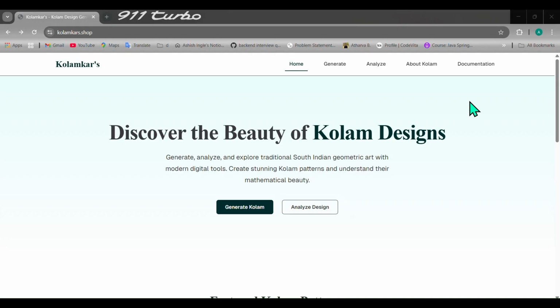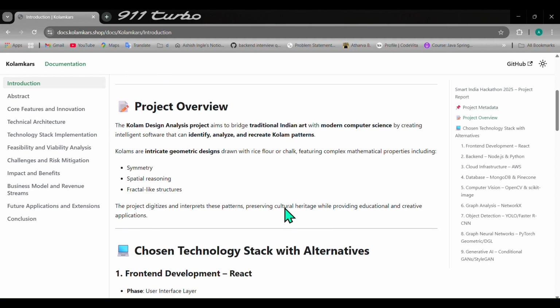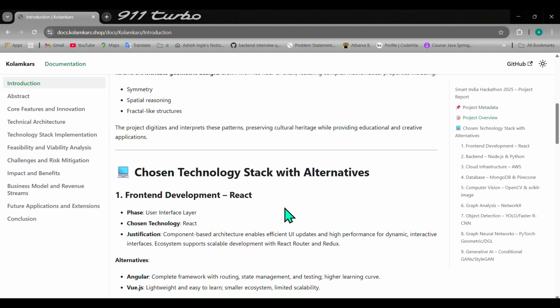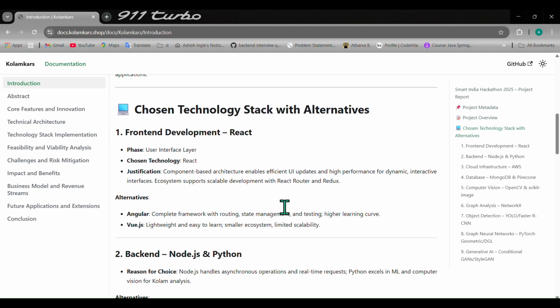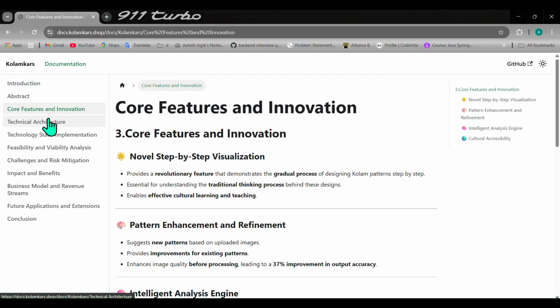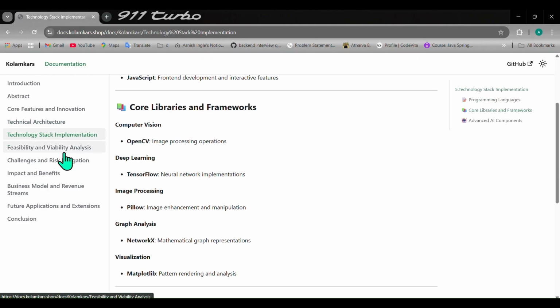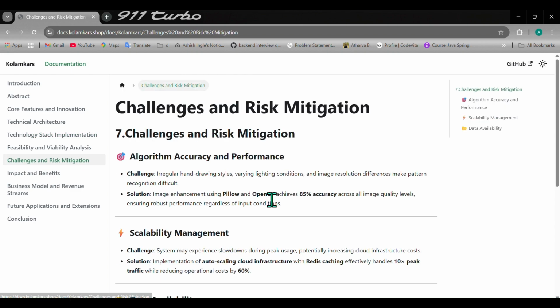Let us look at the documentation. This is the complete overview of our solution, and the complete project is documented here with introduction, abstract, why the particular tech stack we have chosen and its alternatives. We also have core features, technical architecture, tech stack implementation, feasibility and viability analysis, challenges and risk mitigation,